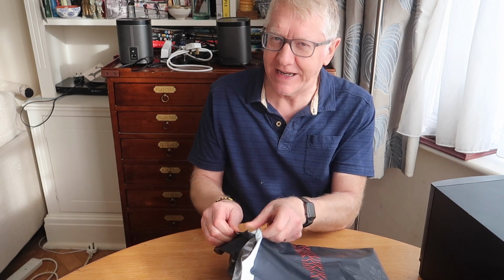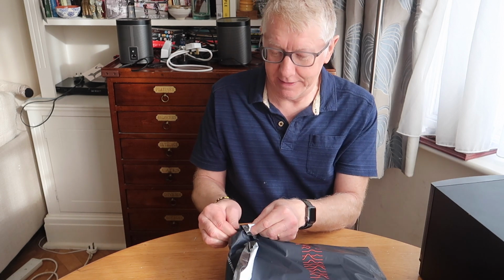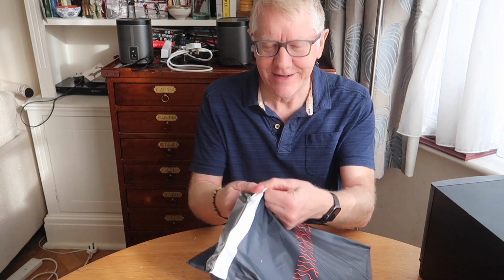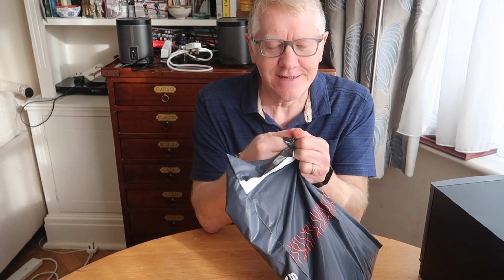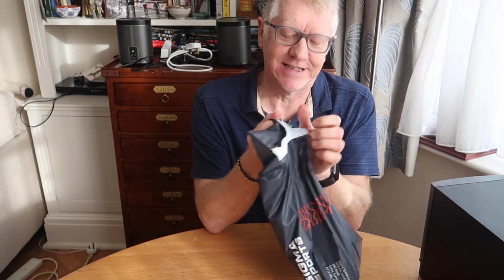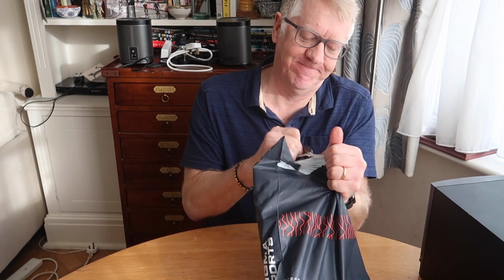The only trouble is this bag is sealed really tight. This bag is not going to enable itself to be double used except for rubbish. There you are, look, I've torn it,